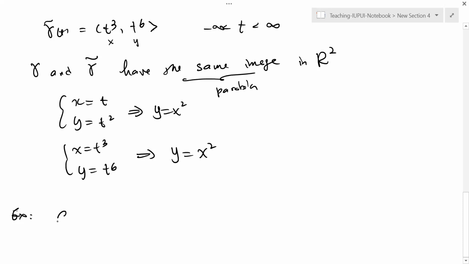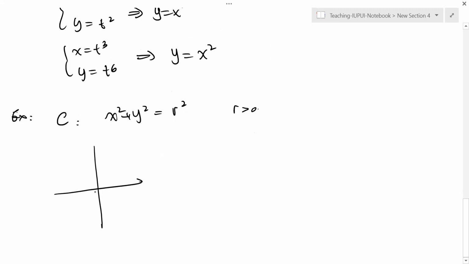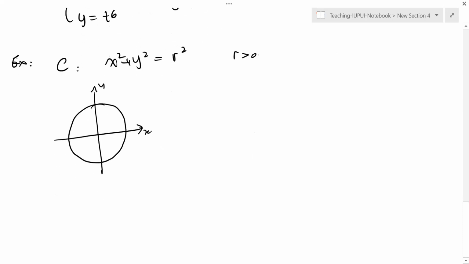Okay, so how about a circle with radius r. Okay, r is a positive number. It's a circle with radius r. Now, the question is how do you describe it? Can we find a parameterization? I think somehow we can find a parameterization, but the parameterization is not going to be one-to-one